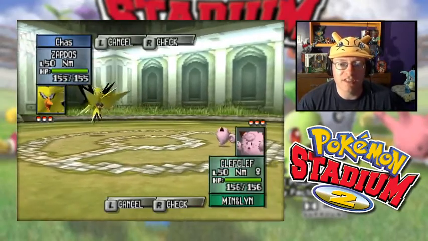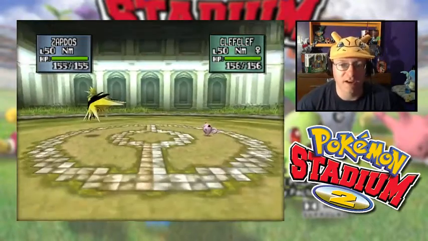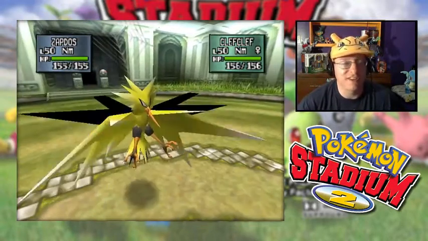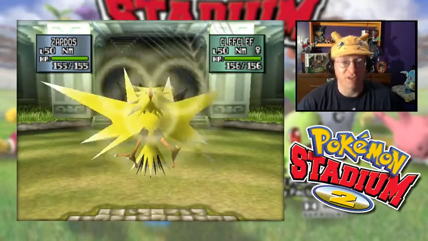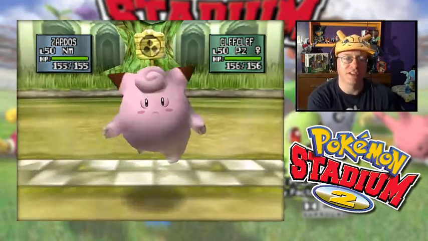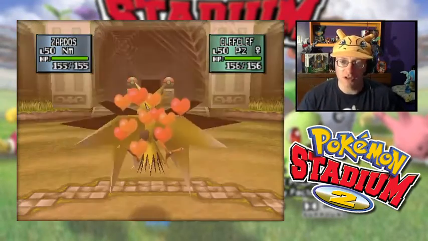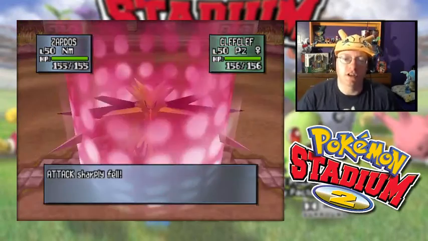So, we see Clefable is the lead. I can go for Thunder Wave double teams. Let's do that. I'm going to paralyze Clefable, first of all. Hopefully they're not thinking the same thing and going for a Thunder Wave of their own. But look at the spider webs back there. I don't know, I really like the look of spider webs. I know it sounds kind of creepy, maybe, but...